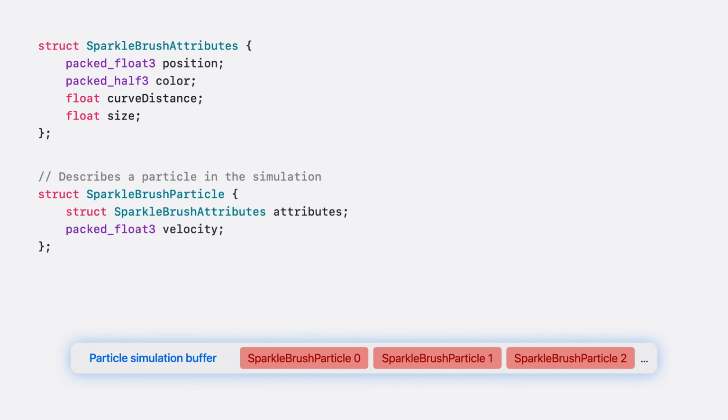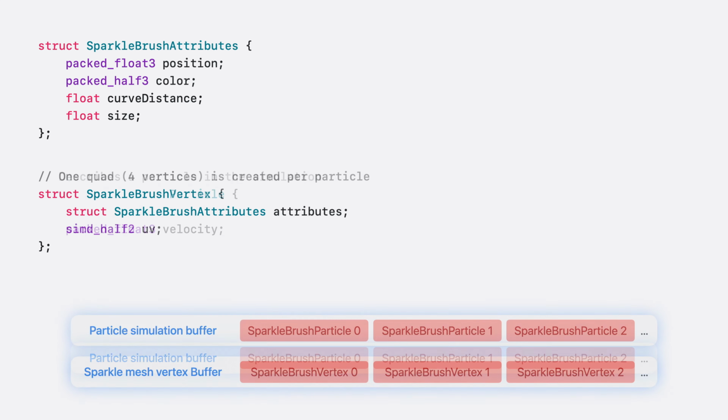The app uses an auxiliary buffer of sparkle brush particles for the simulation. The struct sparkle brush vertex is used for the vertex data of the mesh. It contains the UV coordinates of each vertex so that our shader can understand how to orient the particle in 3D space. A plane with 4 vertices is created for each particle.